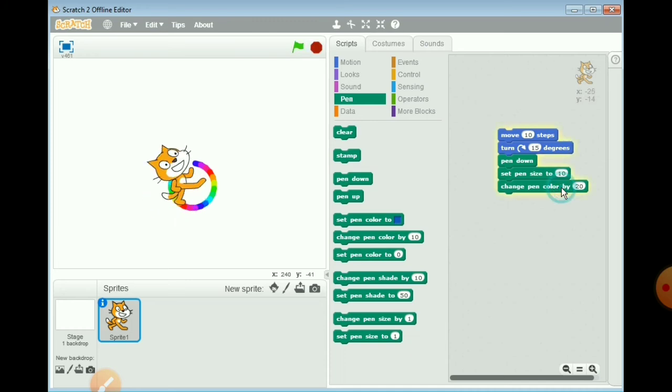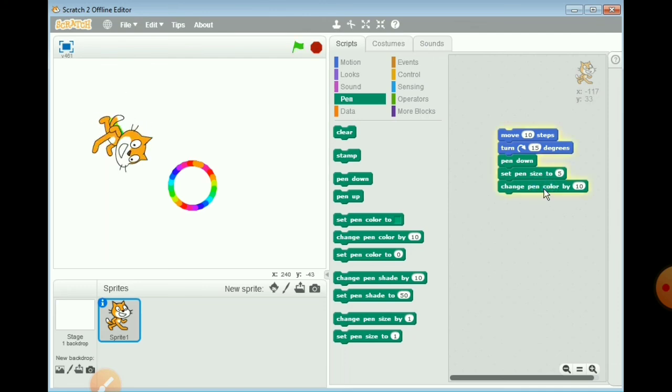Click and complete a whole circle. Okay, now circle is completed. Let's drag the sprite after clicking on it and place it to the other place. Now you can see the whole colorful circle on the screen. The size is 10 of the line and the color is 20. Now change it to 5 and color by 10. Now let's see the change in the circle.